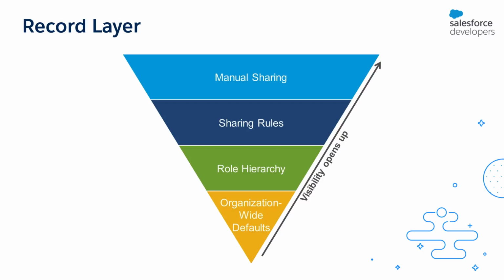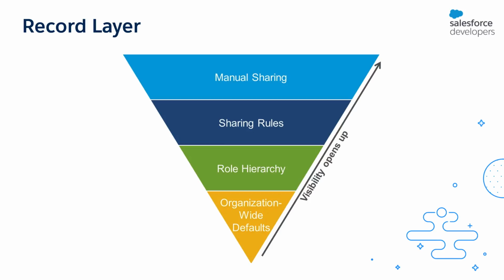Role hierarchy is simple. It's basically a management tree that is there in every company. So you have a manager who has a manager and so on. What role hierarchy does is very simple. Any user with a role above yours has the same level of access that you have to a record. So the records that you can see, your manager also can see. The records you can edit, the manager also can edit. Again, as long as the manager's profile has the relevant object level access.